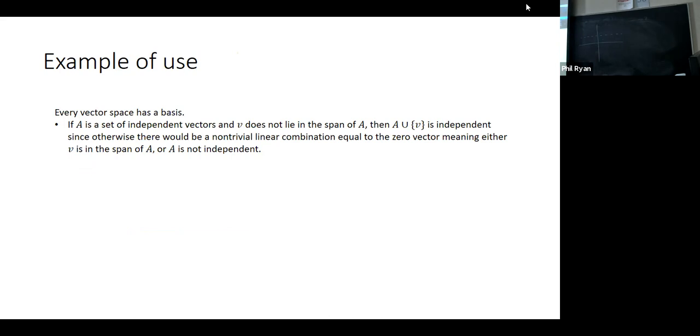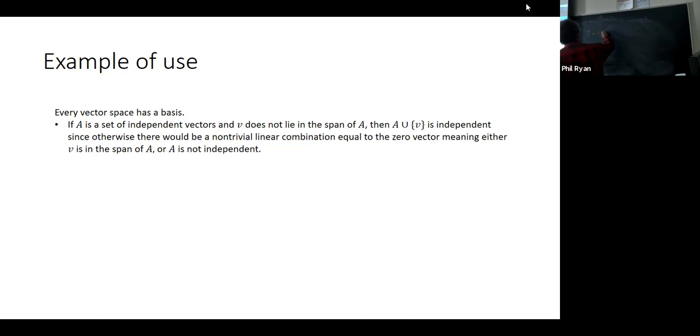Want to prove that every vector space has a basis. So say you're given some set A of independent vectors, and you've got a vector v that doesn't lie in the span of A, then if we add v to A, we're going to get a set of independent vectors, right? Because otherwise, if they were dependent, we would have some non-trivial linear combination equal to the zero vector. Right, we'd have 0 equals